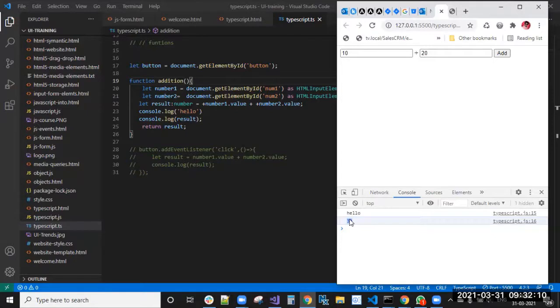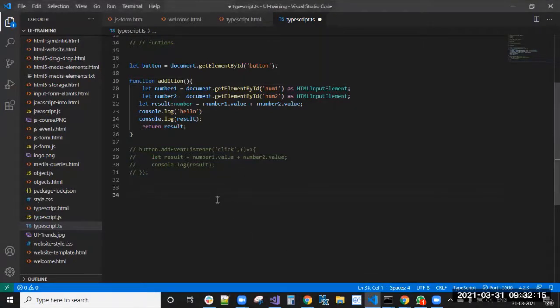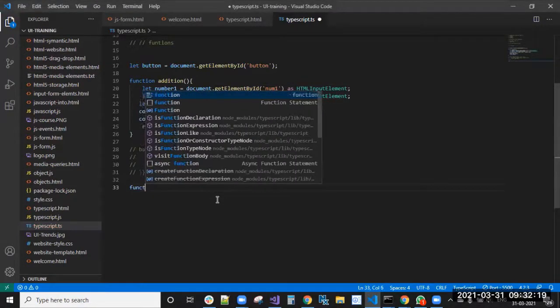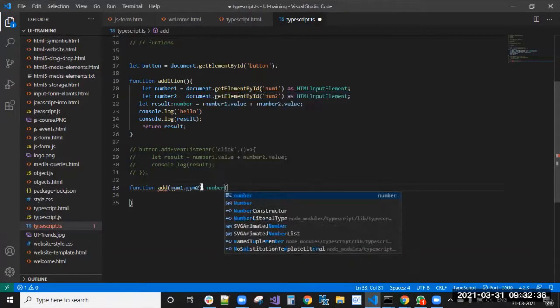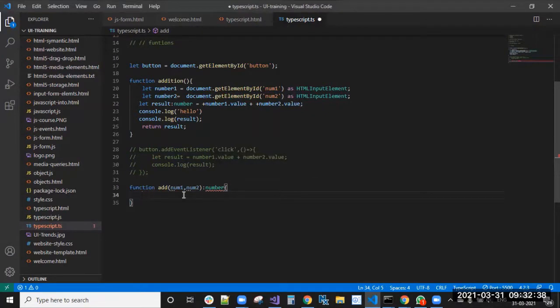Like this, in TypeScript we need to write the functions. Not only that, you are writing one function here, a function some add of num1, comma, num2. Here we can declare what our return will be. If I write return here, that type is number. Okay, so let x equal to 10.